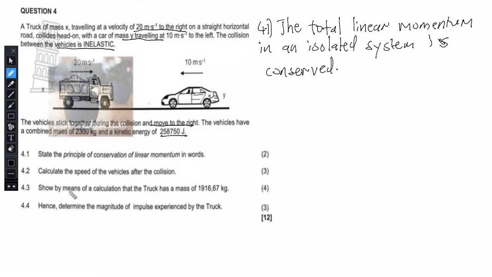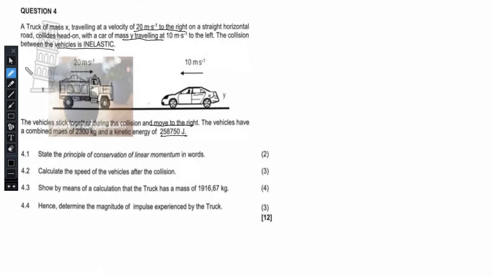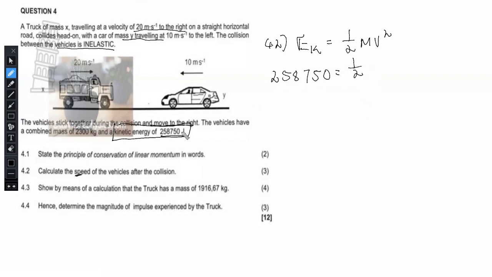It says calculate the speed of the vehicles after the collision. And then there is a 3-mark question. We already know with 3-mark questions, there is just formula, substitution and the correct answer. So here we are given the kinetic energy is 258,750 joules, and then we are to calculate the speed. Now, we can use the formula that says EK equals half mv squared, and then substitute our value for the kinetic energy here. Remember the combined mass, we are to calculate the speed of the vehicles, meaning when they're now combined, they have a mass of